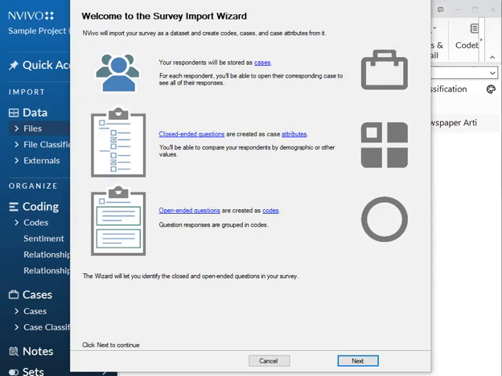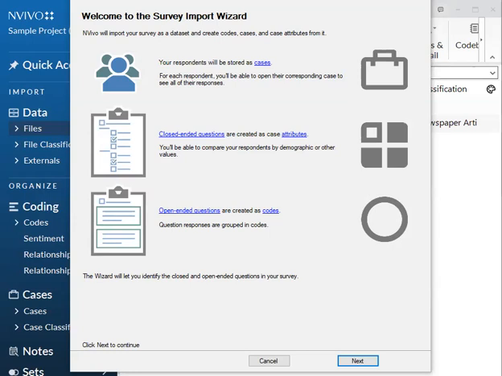So if you're asking any closed-ended questions in the survey, like what is your gender, what is your age, what is your income bracket, anything like that, those will be saved as case classifications.